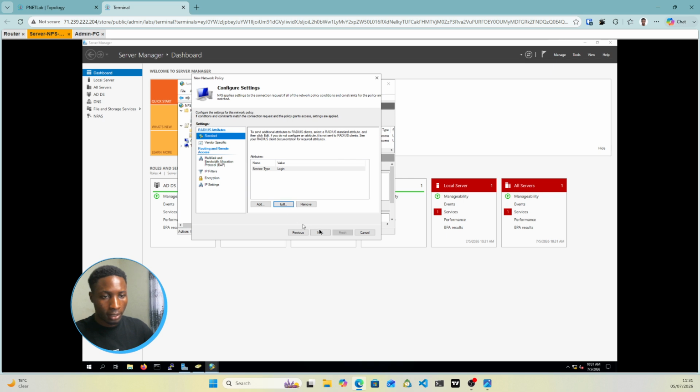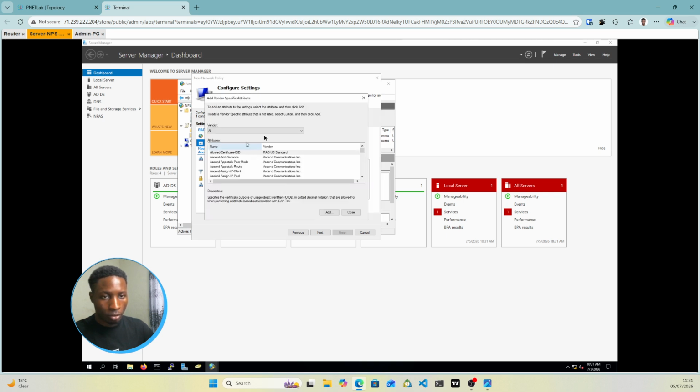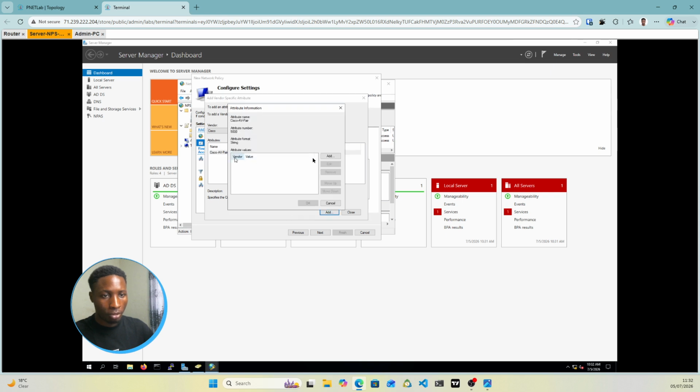Once you take OK, the next thing you want to do is go to vendor specific and click add. You want to make it for Cisco devices. Once you click add, it's going to load up. You can go with all that you see here, but we'll hit the drop down arrow and go with Cisco. Once we take Cisco, we need to add a value to this attribute value. You click on that and you take add. And once you're here, you take add here as well. When you're here, you need to type in this keyword: shell colon brief